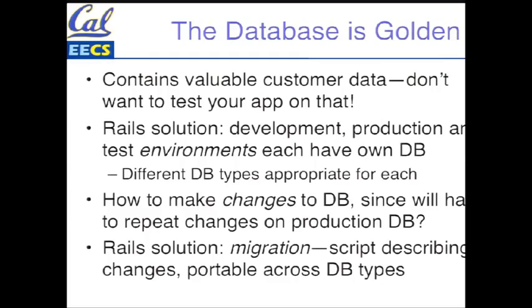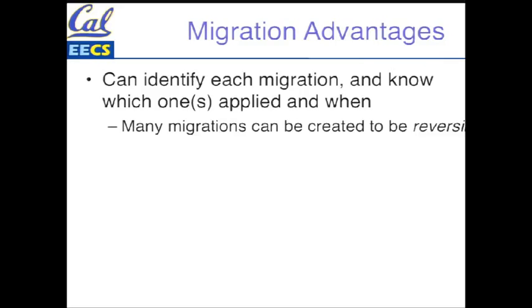So what's this look like? And why would you want to do this? Well, first of all, if your migrations are described as a procedure, then you can identify each one separately, and you can tell which ones have been applied to which databases, when you change them, and some of them can even be rolled back. The same way that you can roll back to an earlier version of your code with